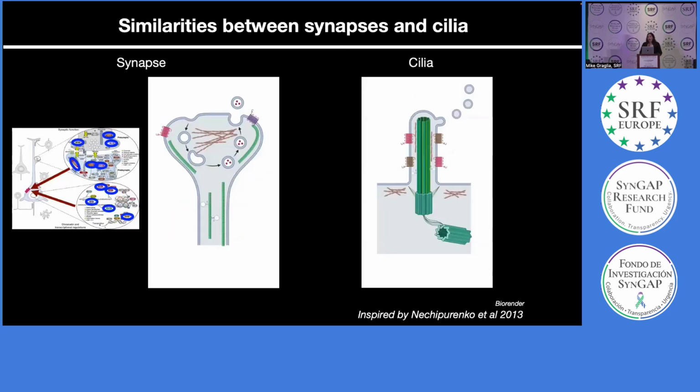So to conclude, I want to leave you with the idea that, of course, proteins have a canonical role at the synapse, but there's also an opportunity here to think more deeply about the similarities between the synapse and the cilium. So both the synapse and the cilium have extracellular vesicle trafficking. They are rich in GPCRs and cytoskeletal components. They have a diffusion barrier at the base, and many proteins are actively transported through this along microtubules. They both regulate neuronal excitability, and they both modulate downstream pathways. And these similarities were first flagged by the Syngap lab about 10 years ago.